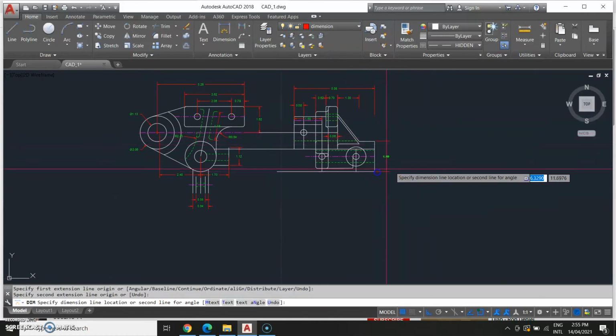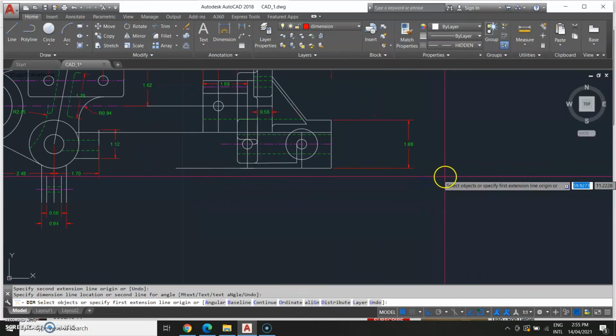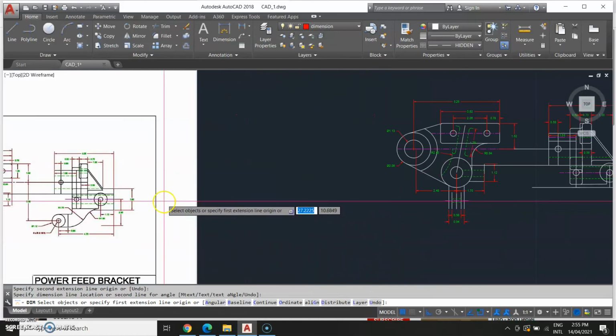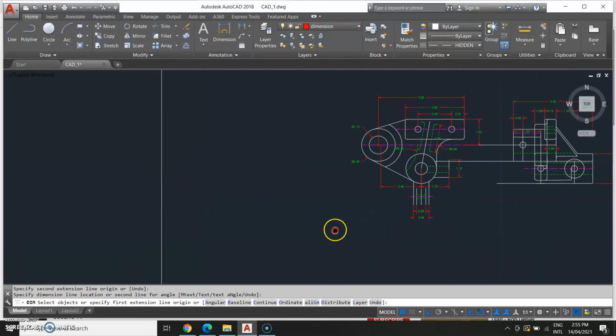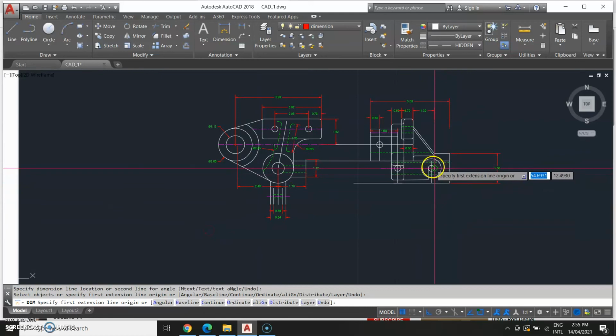From here to here we have 1.88. And from here to here,